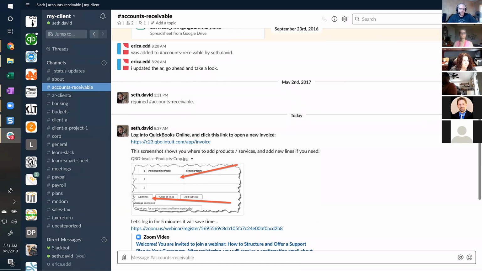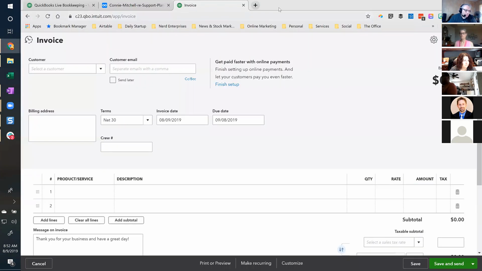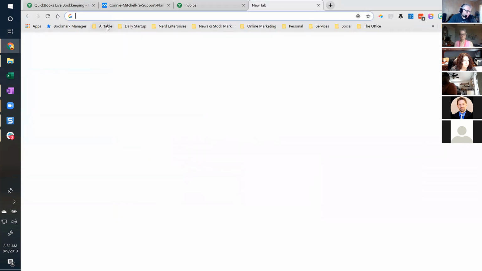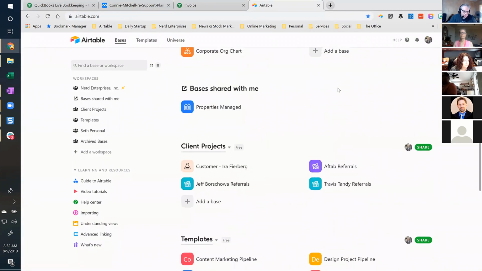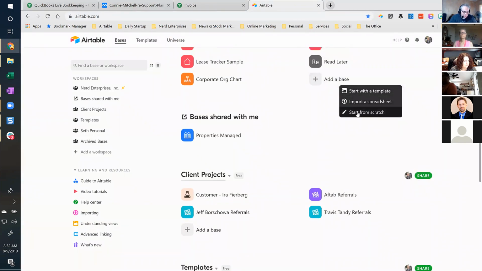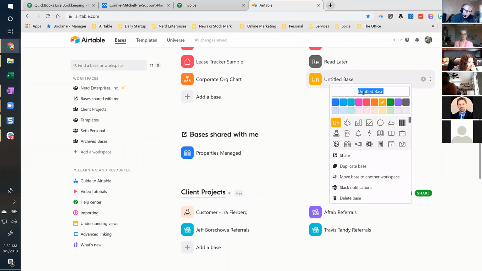So I don't have time to get too deep into how to set that up, but the basic gist of it might be as follows. I'll go into Airtable, and I haven't even begun to build this yet. It was just a thought I had this morning as I was preparing. So let's go add a base here, and we'll start from scratch. And we'll call it Slack support